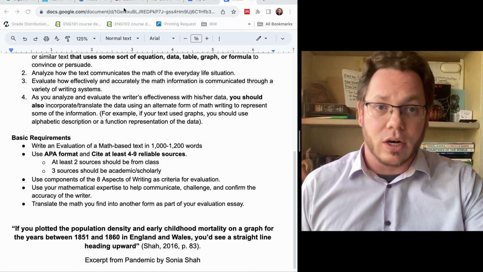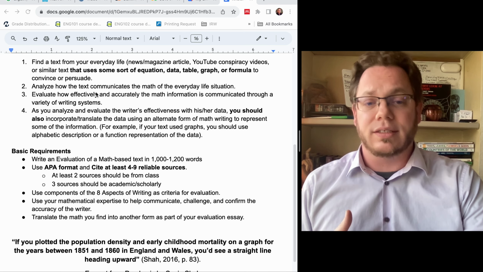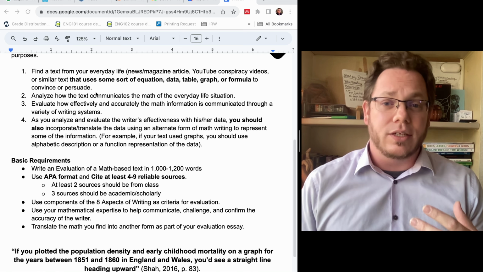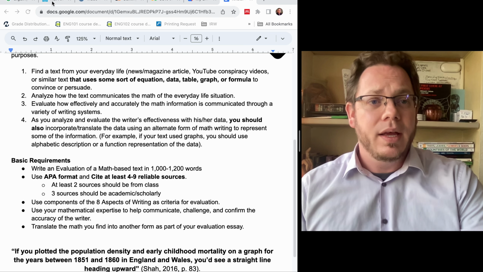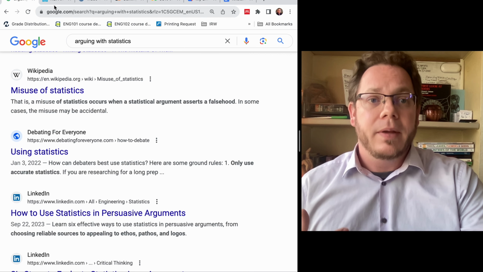So that's just to get us started. As you think about the way different texts might use data, it could be something like this, where it's in more of an academic text and that sort of thing. It could also be something else. Let's go through some things it could be and things it couldn't be.